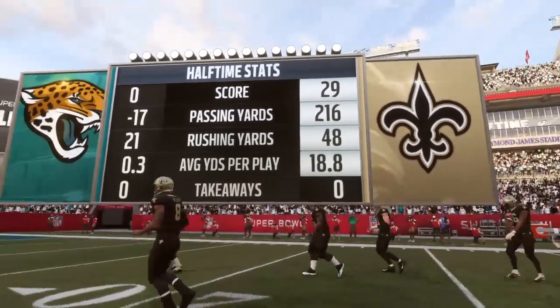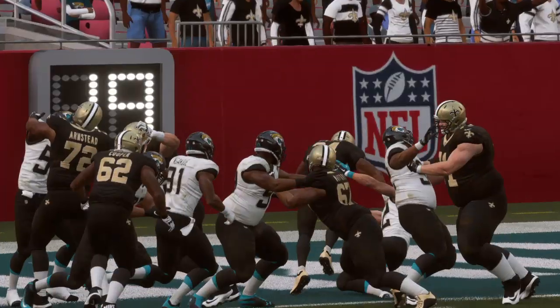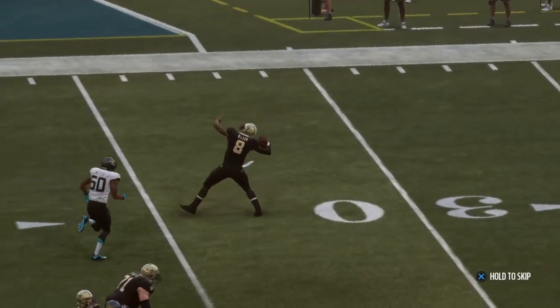What a season this has been. Hard to believe it ends tonight, as we'll get back to you guys for the second half of this Super Bowl in just a moment. Thus far, this Super Bowl has looked less like a contest and more like...